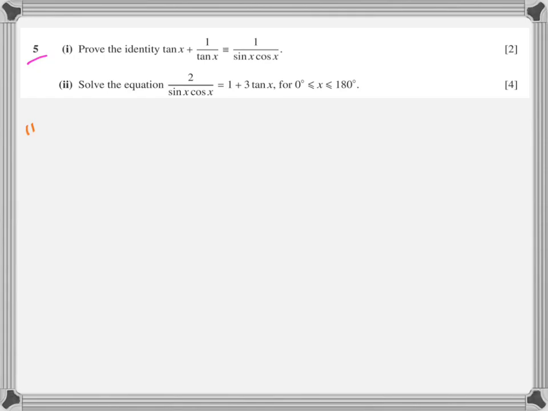Now, it's not a hard and fast rule, but usually we start from the left-hand side. There's nothing magical about the left-hand side, except the examiner or the author of a particular book tends to write something with many terms on the left and something with fewer terms on the right. So it's a hard and fast rule: trimming is always easier than growing. Trimming the left-hand side and making it smaller will always be an easy option, as compared to taking something small and then making it big. That will always be difficult.